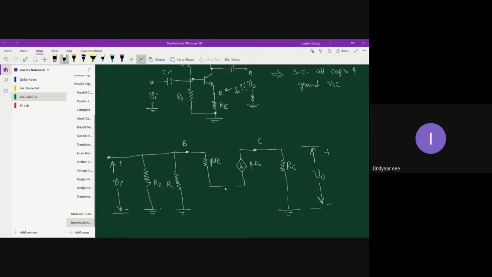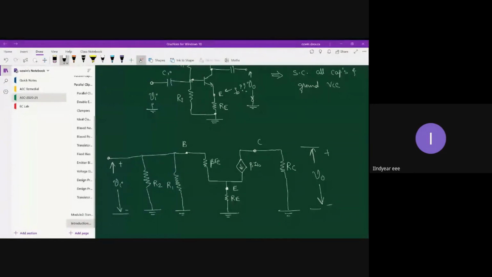So what happens over here is, let me just shorten this. So what will happen is you will have to connect these two. Okay, and then you need to connect these two to emitter. Remember, in the previous case this emitter was at ground potential. Now this emitter will not be at ground potential. Instead, this emitter is connected in series with RE, and the other end of RE will be kept at ground potential. So this is the equivalent circuit.